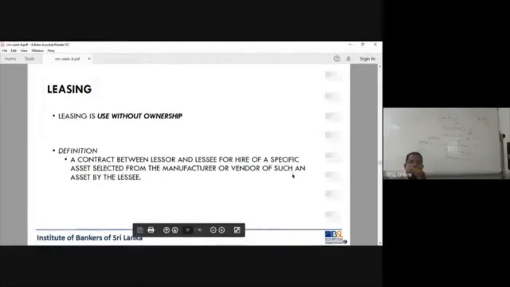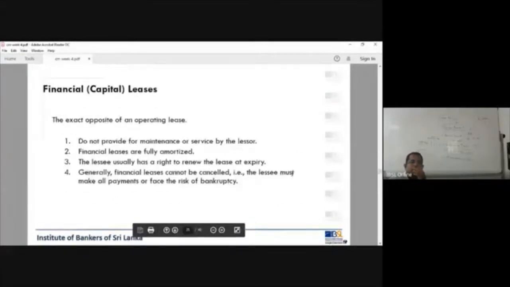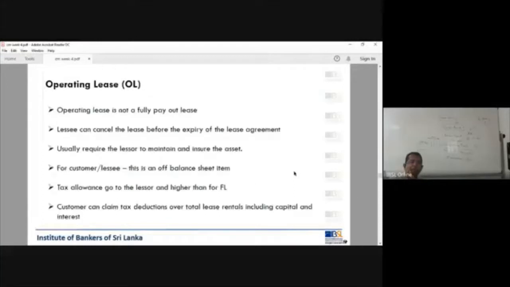So, handout says those things. Do not provide maintenance. Financial leases, lessor does not maintain. It is only vehicle given. Registered owner needs to maintain the vehicle. Operating leases, on the other hand, Bank of Ceylon will